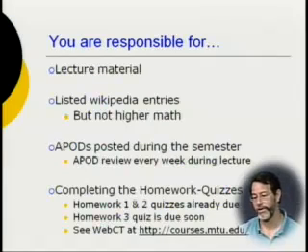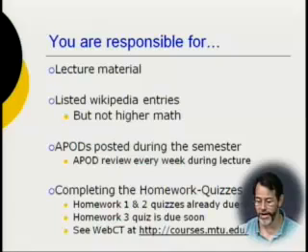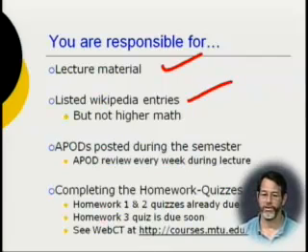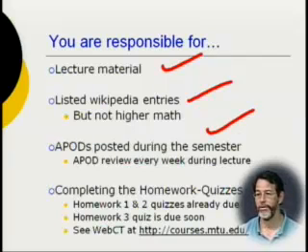Now, with all this vagary going on, the second obligatory slide: what are we responsible for? These lectures seem kind of informal. Well, you are responsible for the lecture material. So listen to what I mumble, because it may come back to be on a quiz. However, many of the things I'm talking about will be expanded in Wikipedia entries. So every lecture, I will list what Wikipedia entries you would be responsible for. And these may show up on quizzes, midterms, or the final. You're also responsible for the astronomy pictures of the day. And today, we will be going over the previous 7, including today, previous week's APODs.